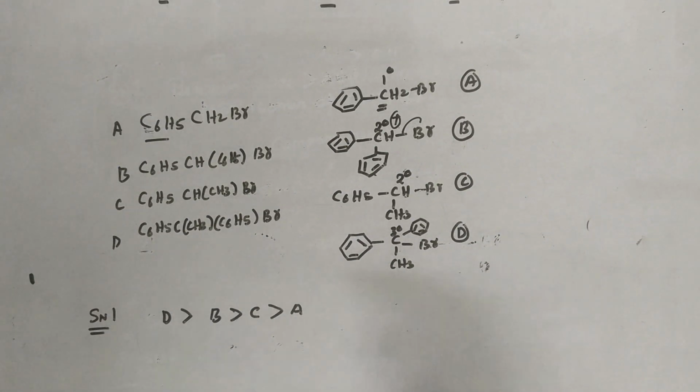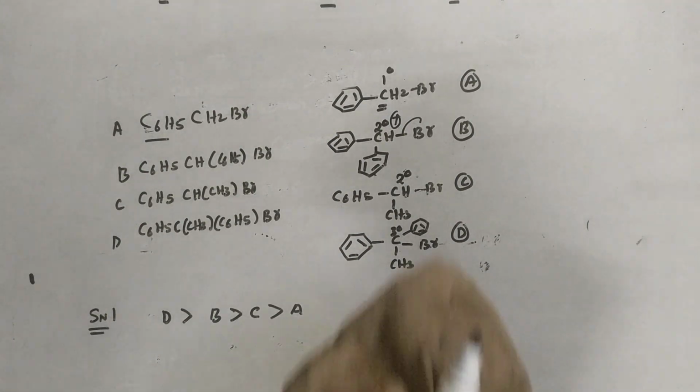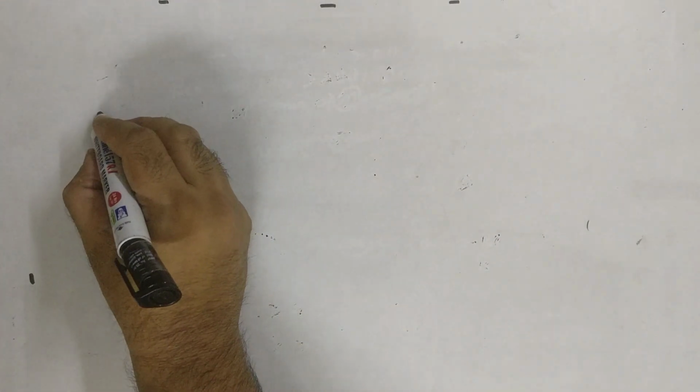The reverse will be the order for SN2. So in SN2 the most reactive will be A, then C, then B, and then D. Just the reverse order for SN2 mechanism. So these two questions that we discussed are really important ones that need some brains. So just keep in mind the logical reasoning which I have given you. In SN1, we see that the halogen containing compound should form a more stable carbocation. Let us now discuss some more questions.